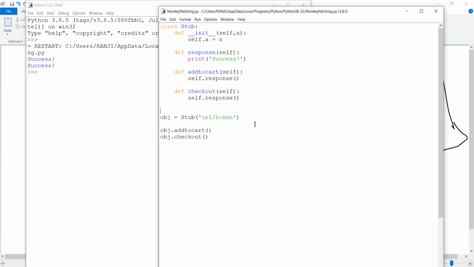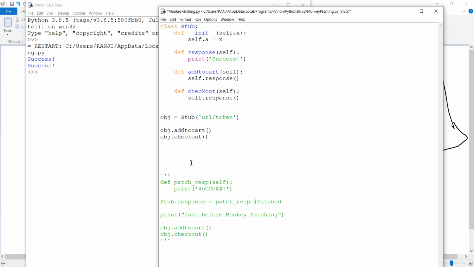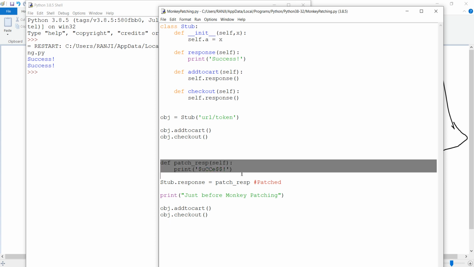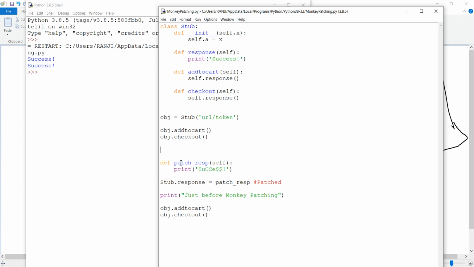So instead, what we do is we just add some lines of code, and that is called monkey patching. This is the monkey patching that we do. Instead, how we write this is we define another response.